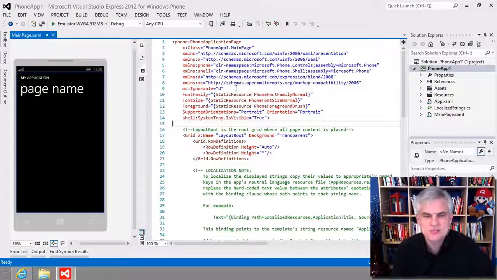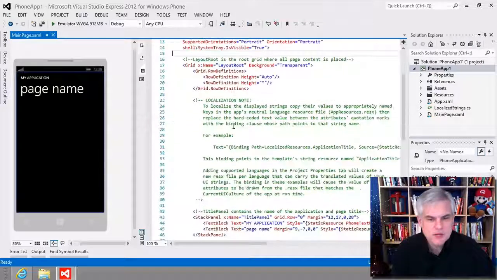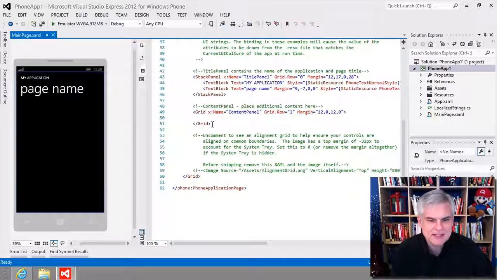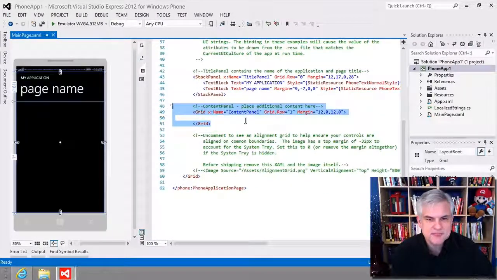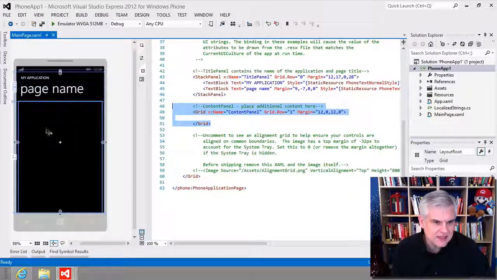So you should do the same sort of thing. And all I really want to do is just take a look at the content panel, which you'll recall from the previous lessons was simply this grid that was used, the intent of which is to put our controls into. It represents this large area beneath the application